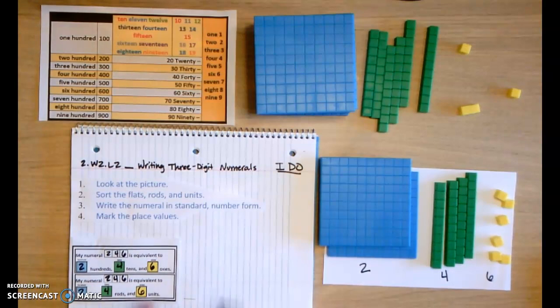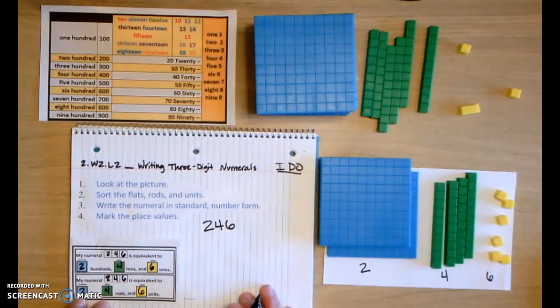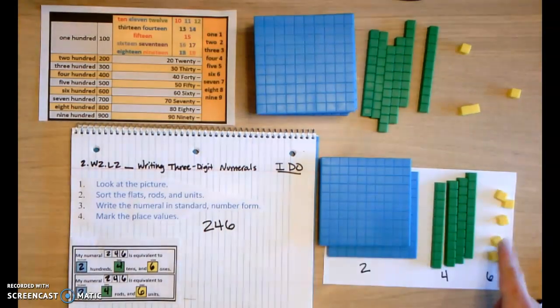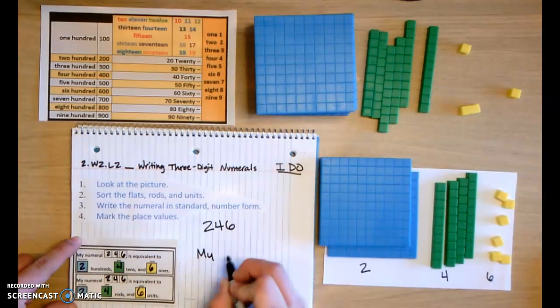After I do that, mark the place values and everything, let me go ahead and just write it in standard form. 246. That's all we're doing. Looking at the picture, sort the flats out, the rods and units, write them in standard form, and mark the place values. So I could write my numeral